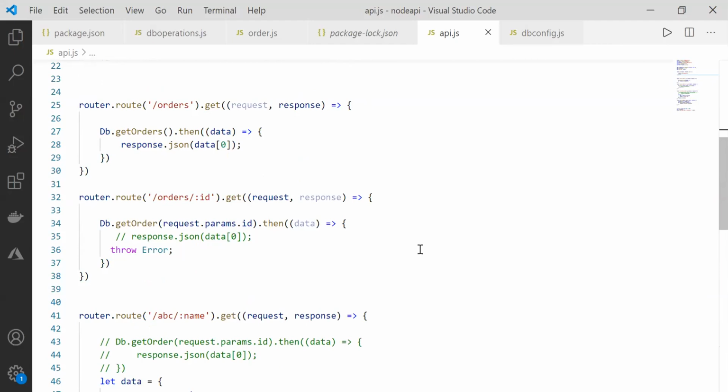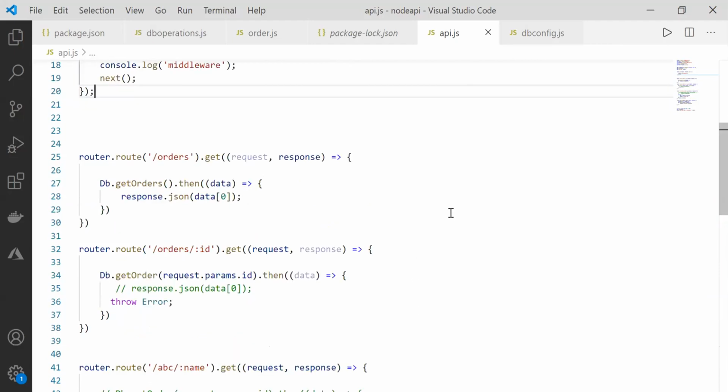Yes. So what I have done, on my SQL Server, I have a table called the order table, and we are performing operations with Node.js. So we are creating an API. If you don't understand what an API is, API stands for application programming interface. So for the interns,